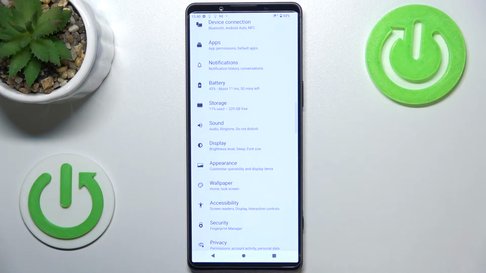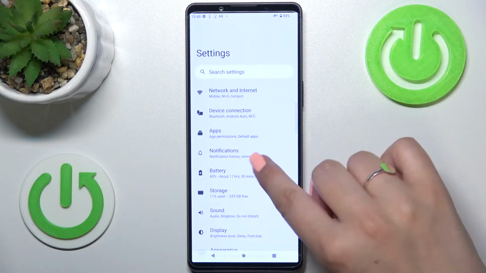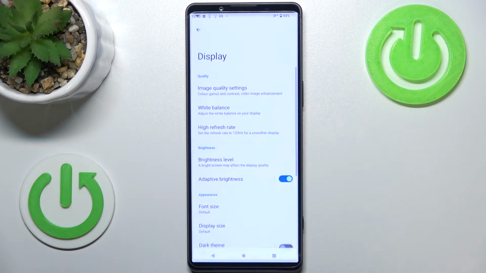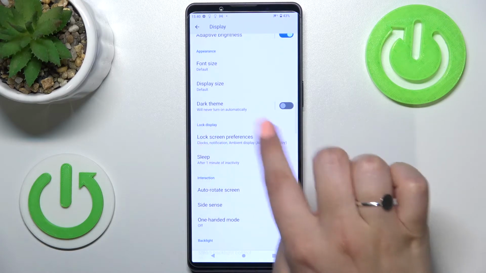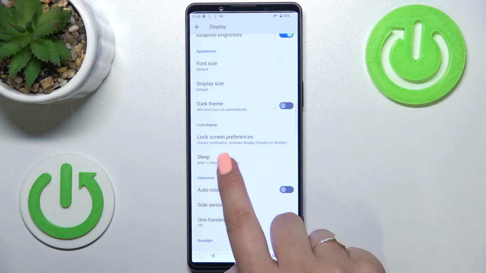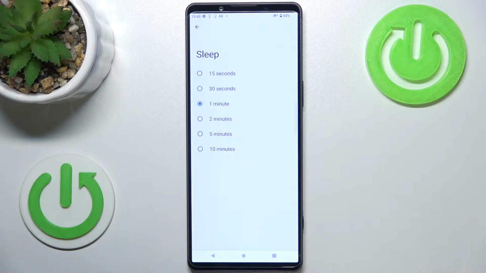So first of all, let's enter the settings, and here we have to find the display section. Let's tap on it, and now just scroll down in order to find the lock display section. Right here we've got the sleep options, so let's tap,